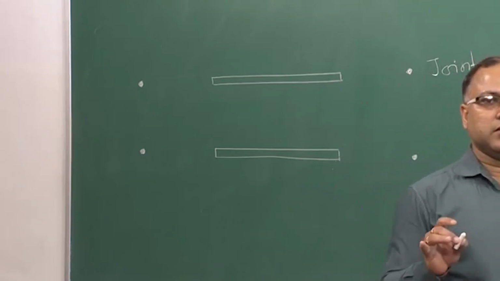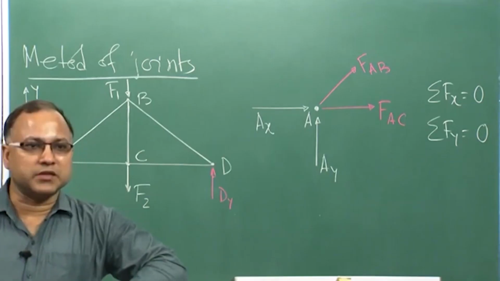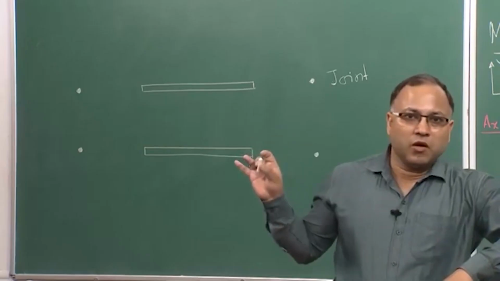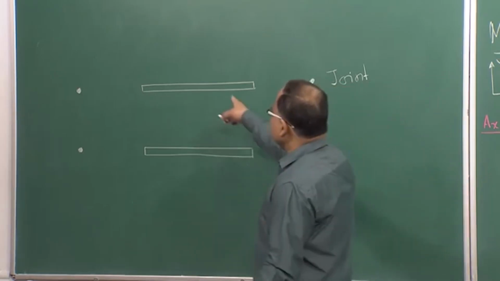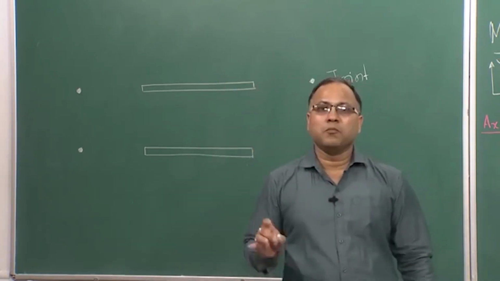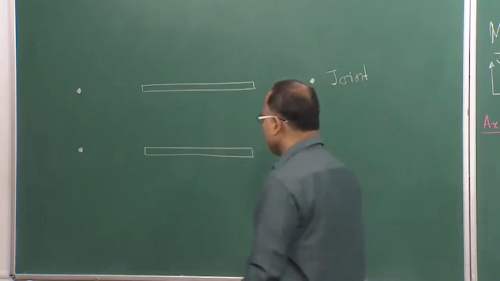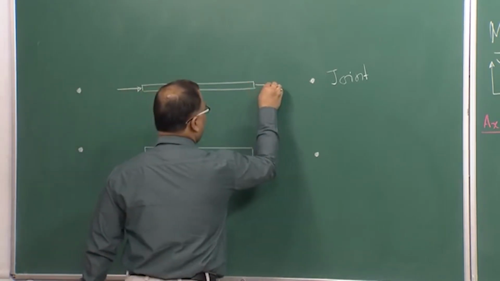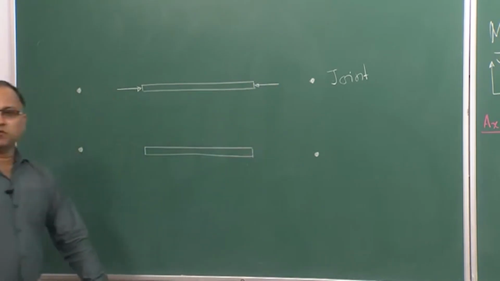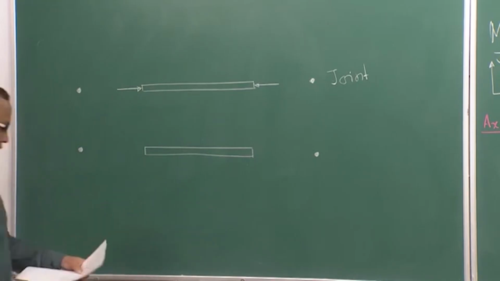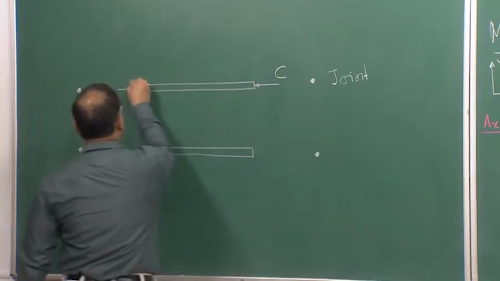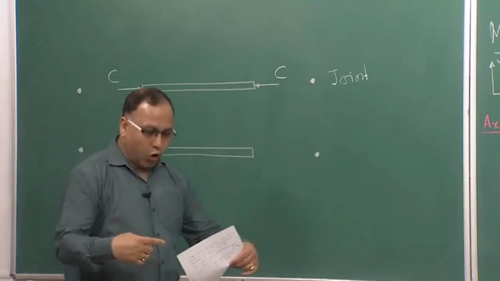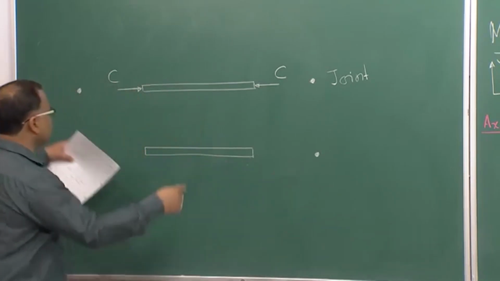can only take axial force, that is the two force members, that means axial force only is applicable, it could be tension or compression. Say for example, this member is taking compression. If this member is taking compression, then what should be the direction of force? This should be the direction of force, compressive force, say that is C. If the force is compressive on the member and if the direction of the force is like this,